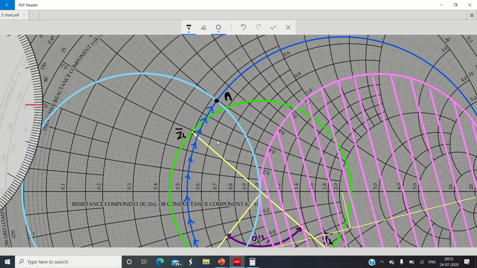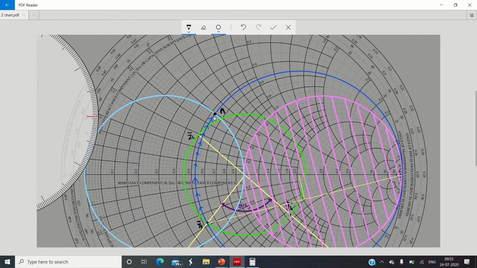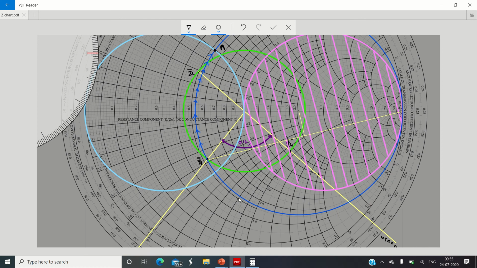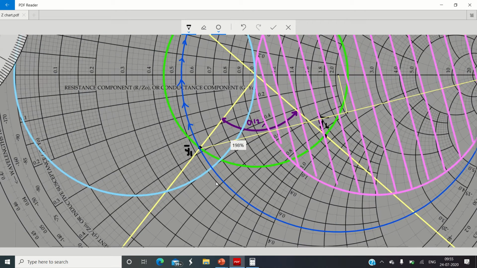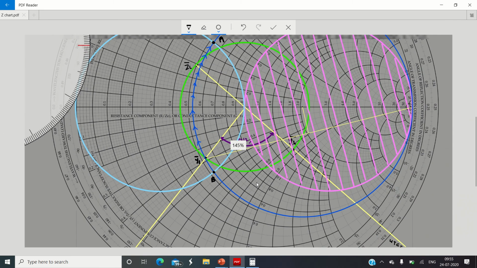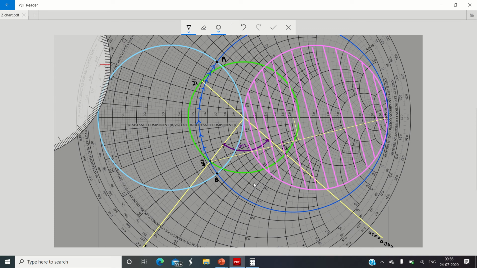So here you will get the first design point, and similarly all the way, if you travel in this clockwise direction, again at some other point you will intersect with this tuner circle, that is the light blue circle. Okay, so this point again is a design point, so I will denote that point also. Here also you will get another intersection, and this point we call point B. Okay, so please remember both design points are valid, and you can take any one point for designing the